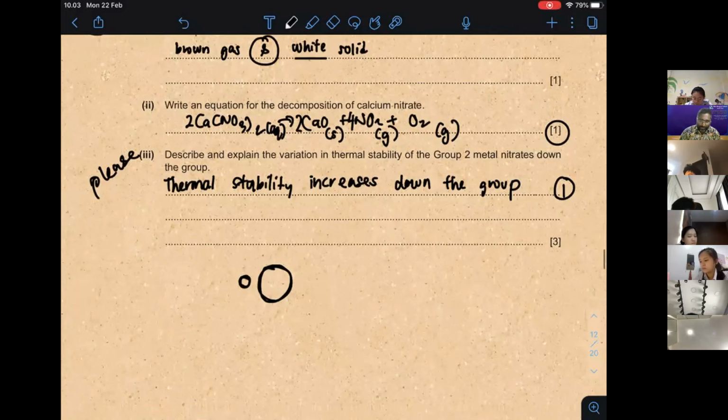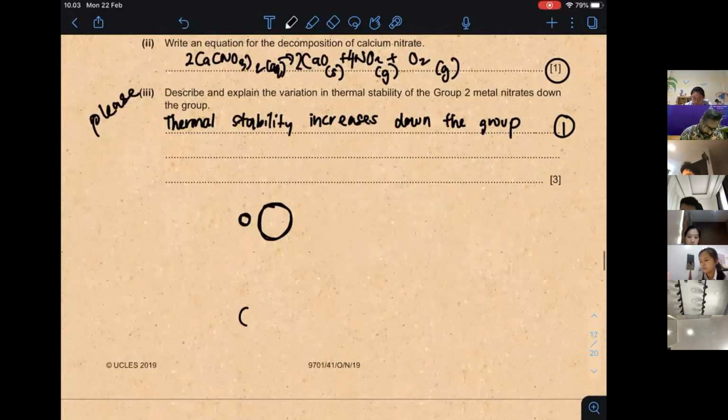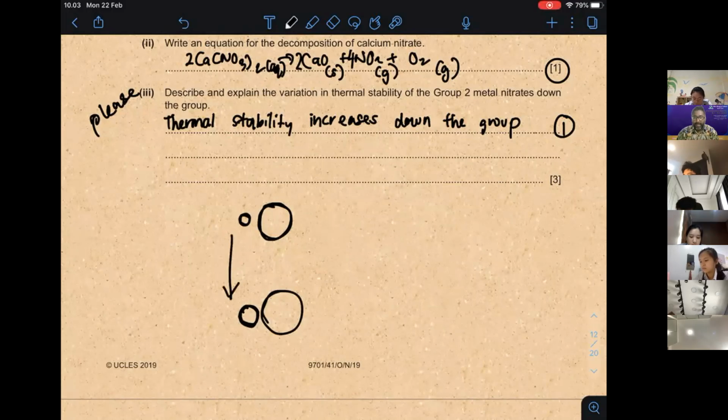If I have a bigger cation, then when I go down the group, I can see the cationic radius, or the ionic radius, increases. Or rather, it's better to say the radius of the metal cation, or group 2 cation,